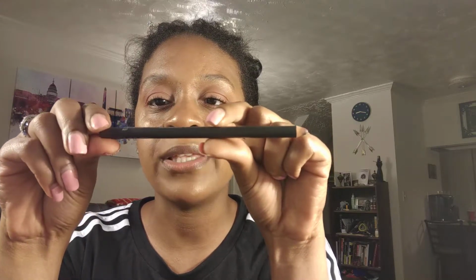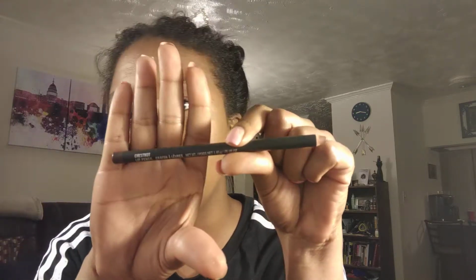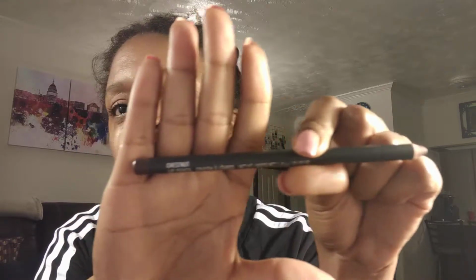I am going to add a little bit of lip liner to my lips before I add my lipstick. And this is MAC, and this is the lip pencil Chestnut. Chestnut is a really good color for many lipstick shades. I do this because it keeps your lipstick from bleeding, and it helps it